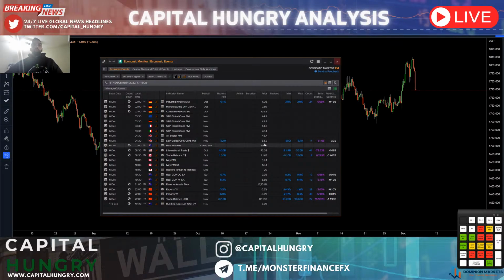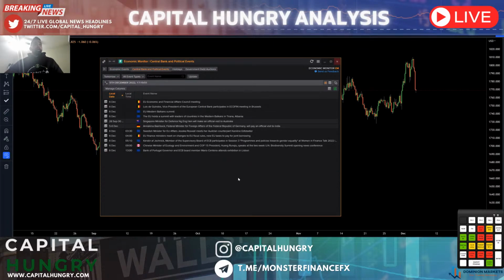Then during our North American trading session, we have some international trade balance data for the US, which won't have that much impact. Trade balance figures for CAD won't have that much impact either. And then some 10 a.m. PMI figures for CAD will hold a little bit of lower time frame impact on the Canadian dollar individually, still keeping the Canadian dollar weaker, in my opinion. In terms of central bank and political speakers, nothing really important from the Feds, Bank of England, Bank of Japan, or anything of that nature. We do just have some ECB speakers scattered throughout the night.